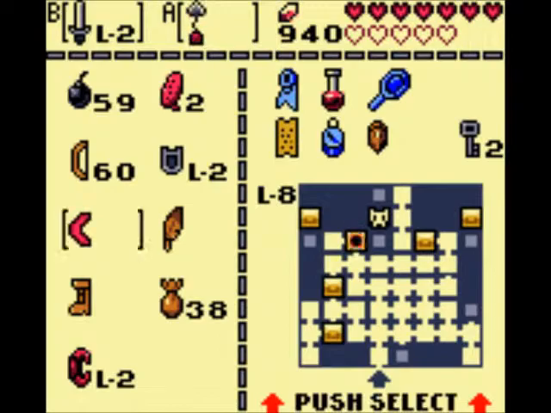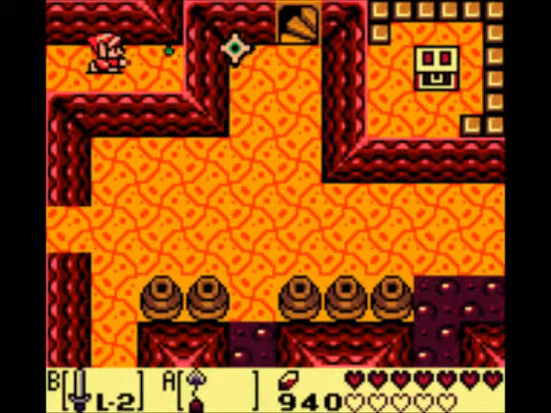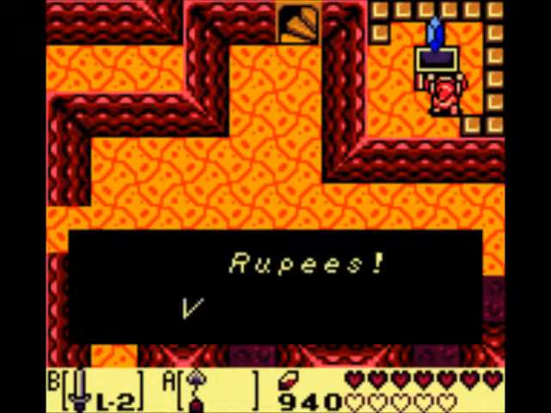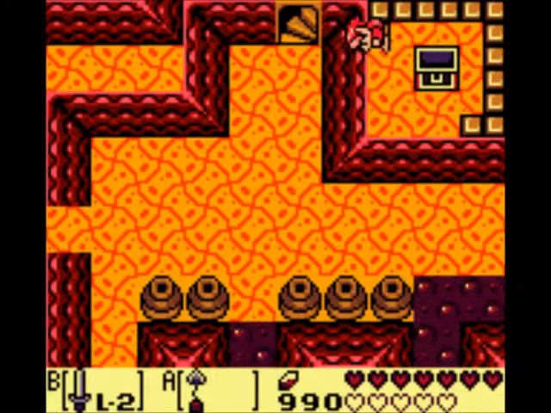After you open the chest for some rupees, you can head up the steps after you jump off the ledge. This is the end of this part. I will see you in part C, where we